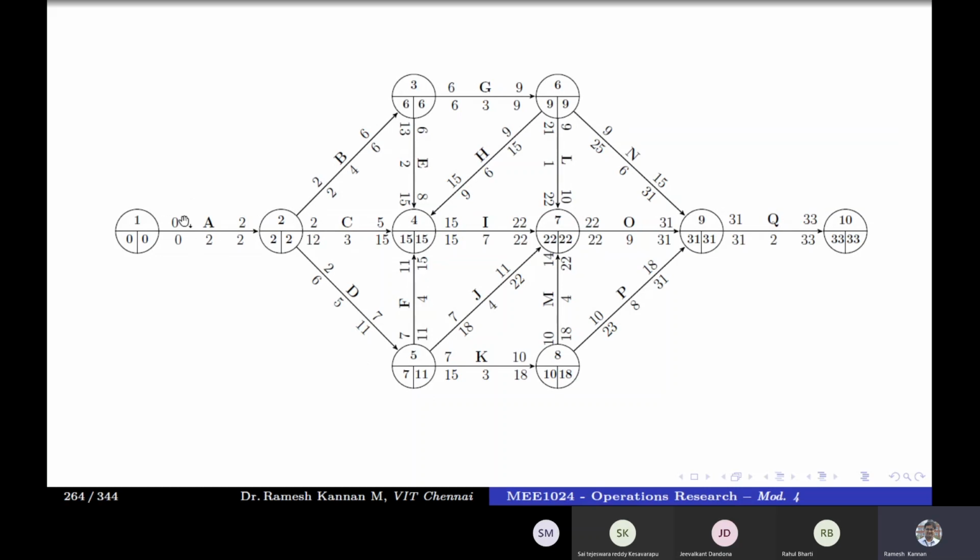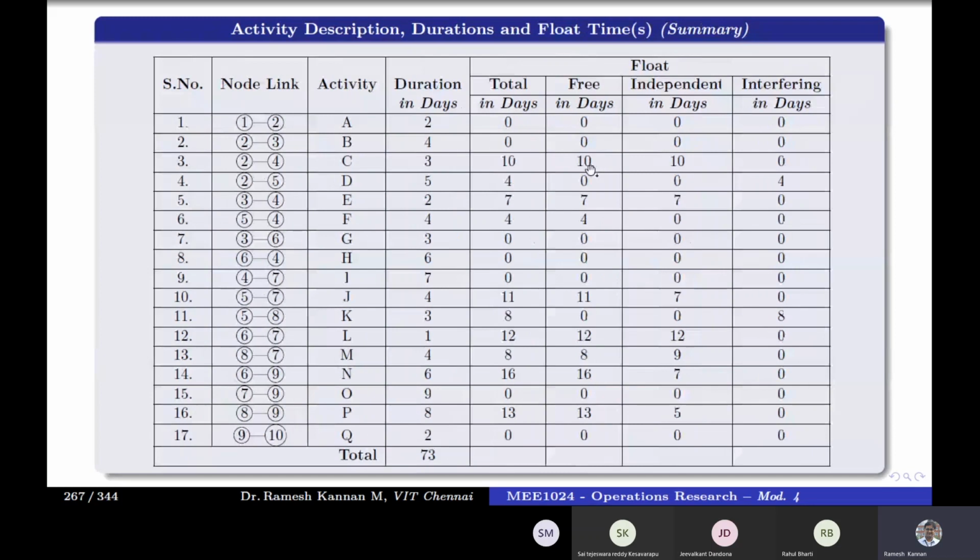If you take a look at it, EST and LST: how early you can start a particular activity is the same as how late you can start the particular activity. That is the significance of 6, 6, then 15, 15, then 15, 15, 20 to 22. Which means there is no buffer time, so the total float is 0. Whichever activities have a total float of 0 are called critical activities, and the path that connects the critical activities is called the critical path.